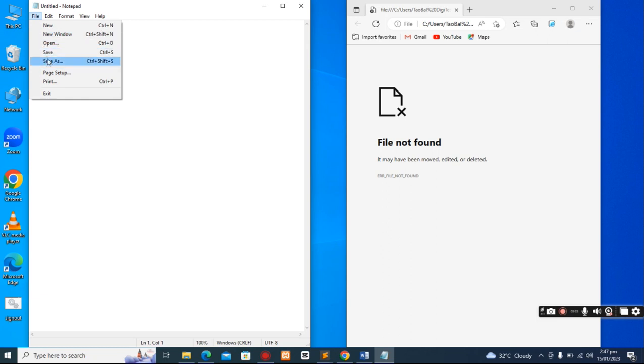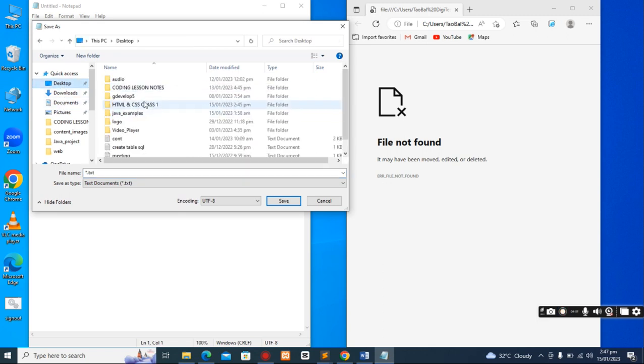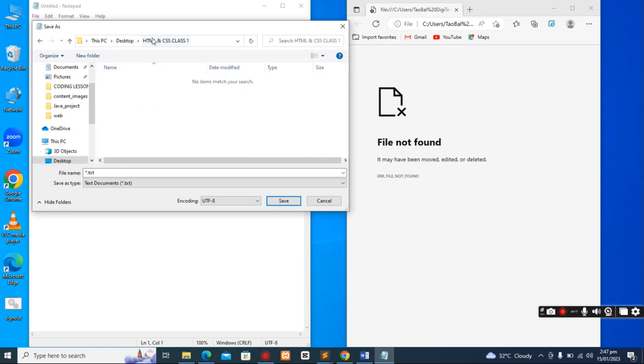Save this particular notepad, save as. Then locate the folder. If you don't know how to get that, just go to desktop because I created the folder on the desktop. If your folder is in the document, just go to your document. My own folder is on the desktop, and the name of the folder is HTML and CSS class 1. Open the folder, then write the name of this particular page that you want to save as index. Now don't just save like this. Save with